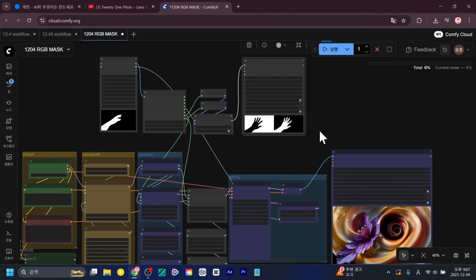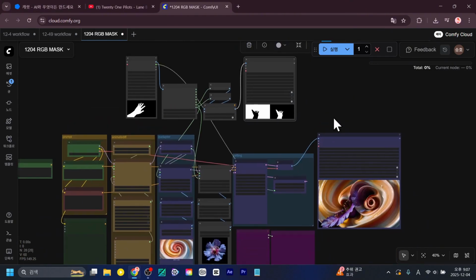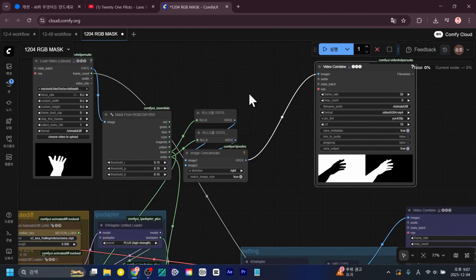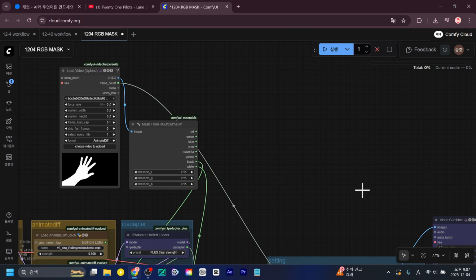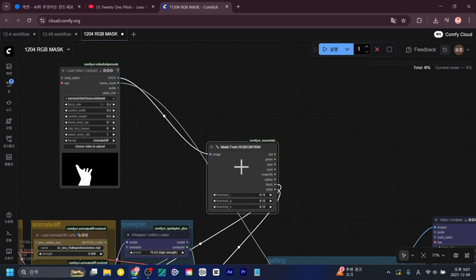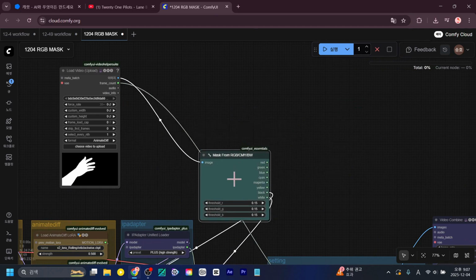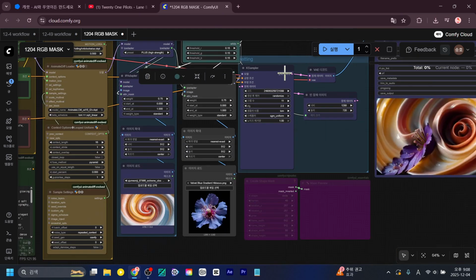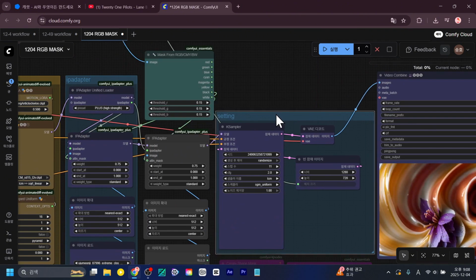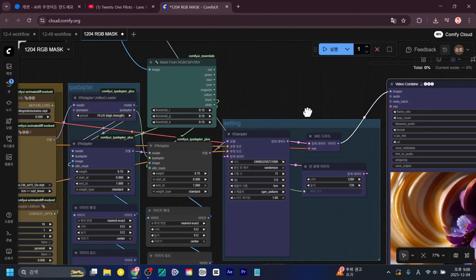Now let's try applying the controllet we worked on in the previous part. First of all, since turning on the controllet puts a heavy load on the system, we'll remove all unnecessary previews. This one will stay connected as is, and I'll set the color to teal. I'll place it here on the IP adapter. I'll do it like this here and then remove it.